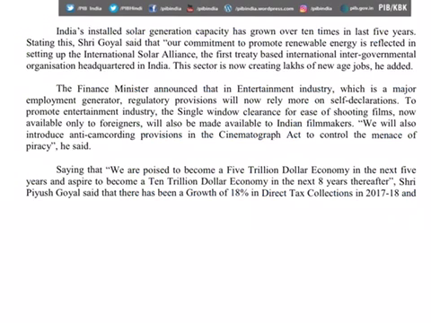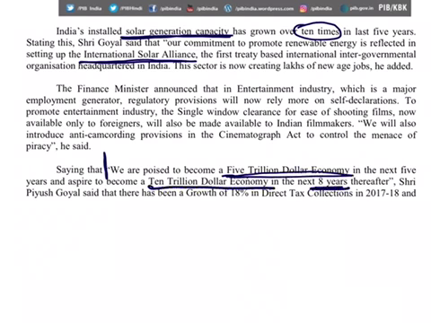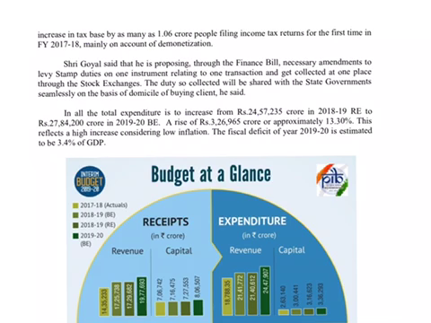Next, solar generation capacity. India's solar generation capacity has increased 10 times in the last 5 years, 10 times. And India is a major partner in the International Solar Alliance. Then this is important. We want to become a $5 trillion economy in the next 5 years, a $10 trillion economy in the next 8 years. Now, it is the budget at a glance. What are the receipts? What are the expenditures? Here if we see